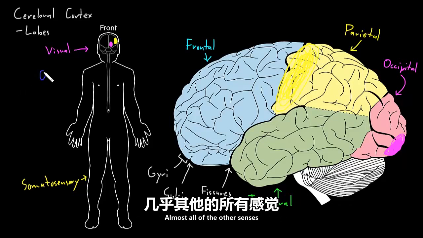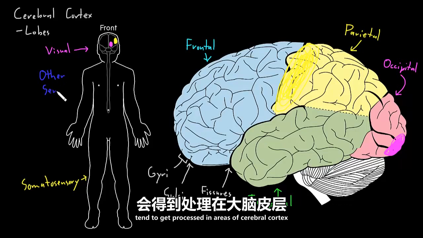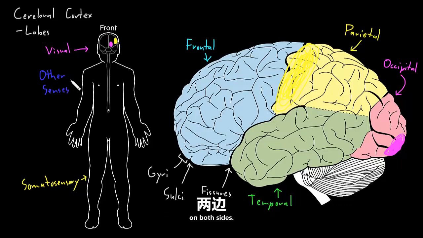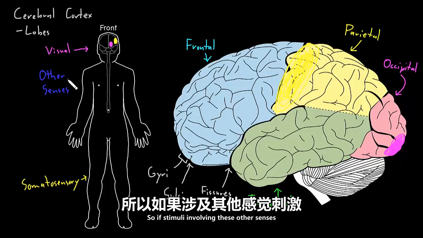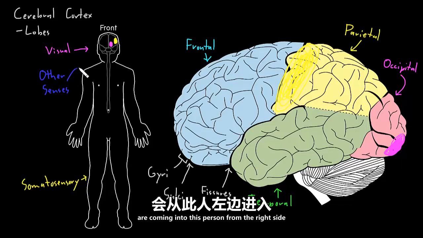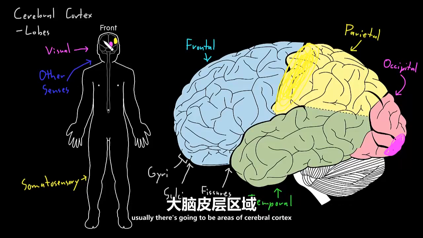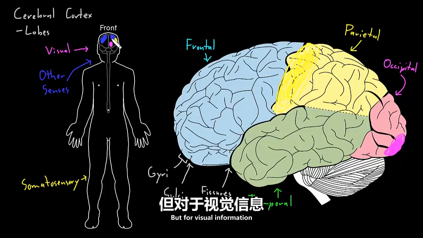Almost all of the other senses, besides vision and somatosensation, tend to get processed in areas of cerebral cortex on both sides. So if stimuli involving these other senses are coming in to this person from the right side, usually there's going to be areas of cerebral cortex on both sides of the brain that are going to do some processing of that information. But for visual information and somatosensory information, that predominantly makes it over to the other side